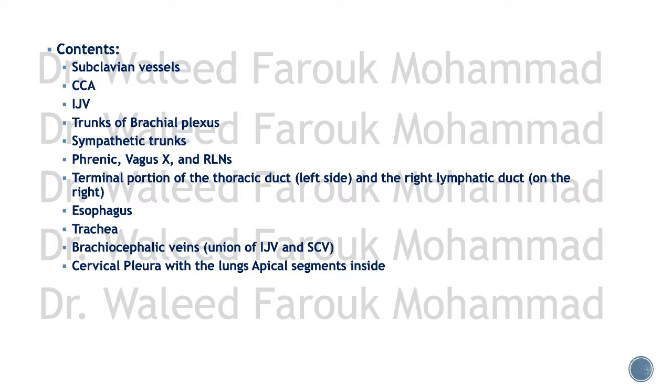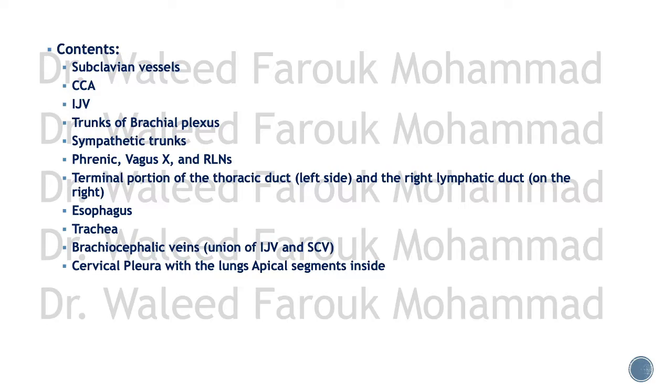We have the trunks of brachial plexus, the sympathetic trunks, the phrenic, vagus, and recurrent laryngeal nerves, the terminal portion of the thoracic duct on the left side, and the right lymphatic duct on the right, the cervical esophagus, the cervical trachea, the brachiocephalic veins very low down, formed by union of internal jugular and subclavian veins,